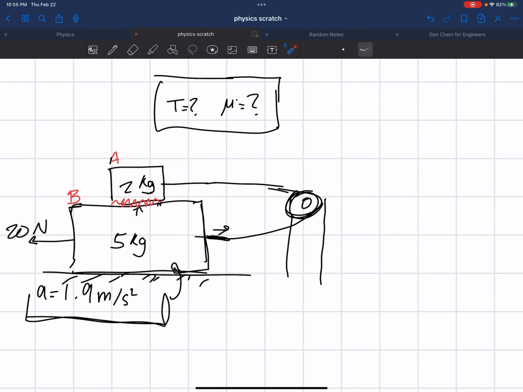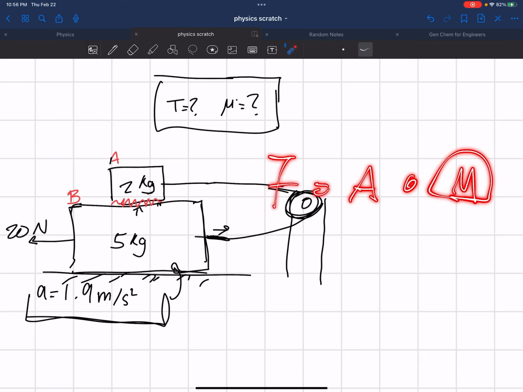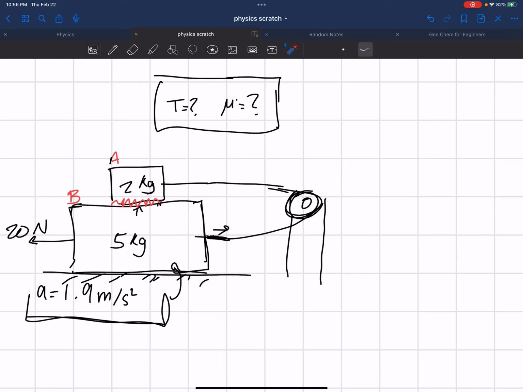The first thing you might want to do, I got this wrong like 7 times, is do 2 plus 5 equals 7, because these two are on top of each other, right? And you would think since they're on top of each other, you add them up, and that's the mass, right? Times acceleration. F equals ma. Everybody knows that one. No, you're wrong. Don't do that. So, the first thing we're going to do is draw the free body diagrams.